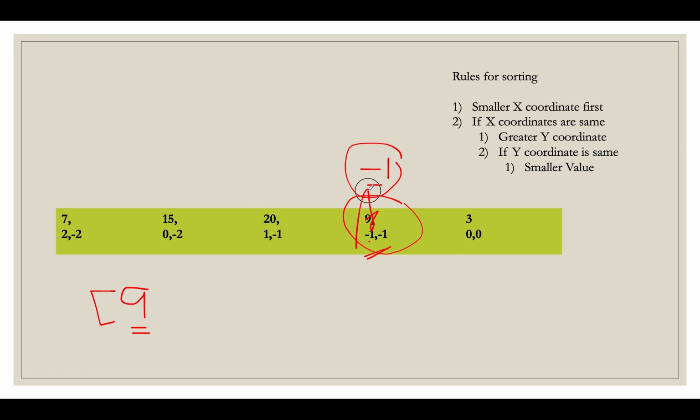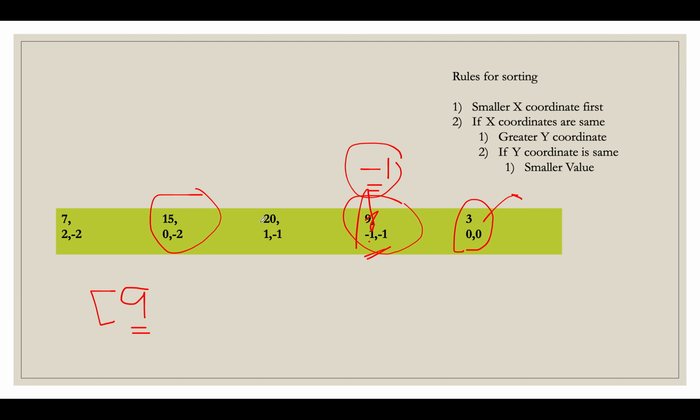So we preserve this value, and then we move ahead and check which one is the lower value, the next probable candidate. Two nodes have a similar x coordinate, 0 minus 2 and 0 comma 0. When such a case is there, which one is given precedence? The higher y coordinate. So this element will be pulled out, and now the condition comes: whether you want to attach this element to the existing array or create a new array altogether. That depends on whether they belong to the same node or not.